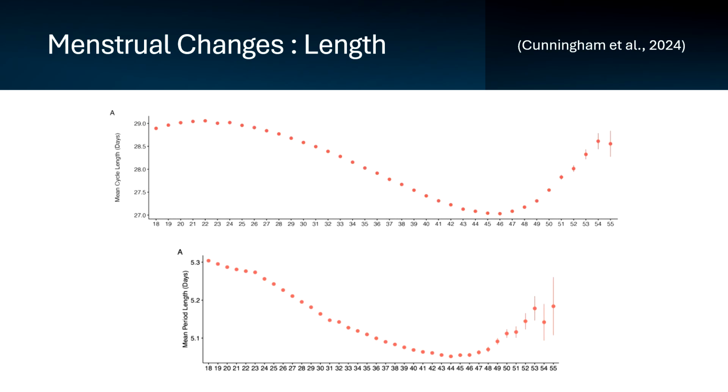old until 55. Below that, we look at the period bleeding days and see that they are actually the longest at the younger ages, and then that also decreases until 45, where it increases again. Now, around age 45, this is where you start to get into the perimenopause and menopause regions, and that's when we start to see a lot of variability. We're not going to get into this today, but please see our other presentation if you want to know more